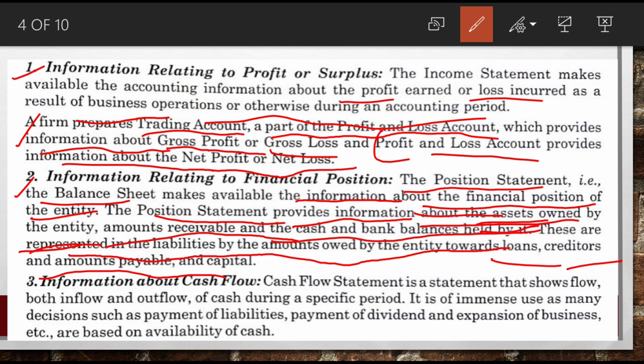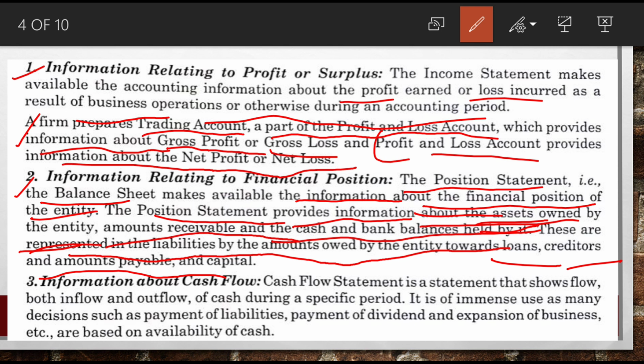Is this an asset or a liability? Actually, it is a liability. Why? There is a separate rule that we can discuss later, but for now just understand that capital means the amount invested by the owner in the business. Capital is a liability for that business. We can discuss in detail in later chapters why it is called a liability. You might think the business and owner are linked, but they are separate.